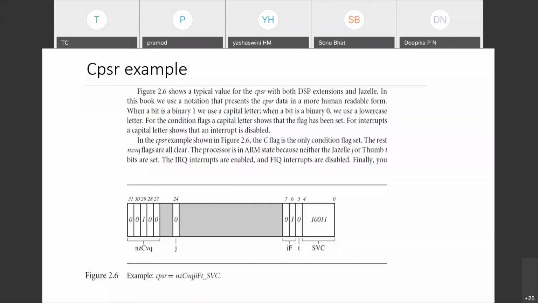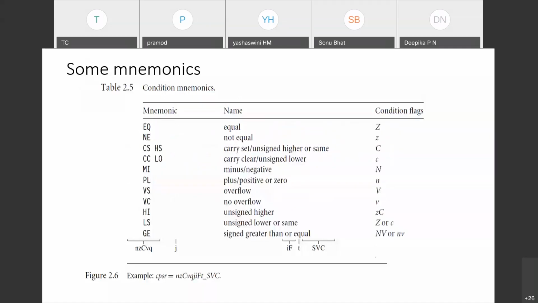So additional flags can be like this. It means if the instruction has been attached with these mnemonics, these conditional flags will be set. We'll come to know a clear picture of this in the instruction set.